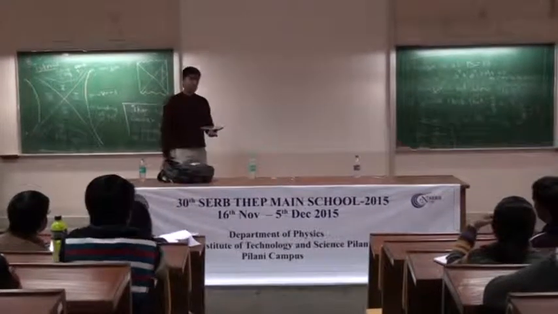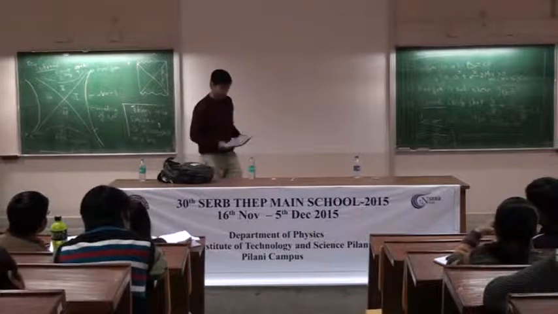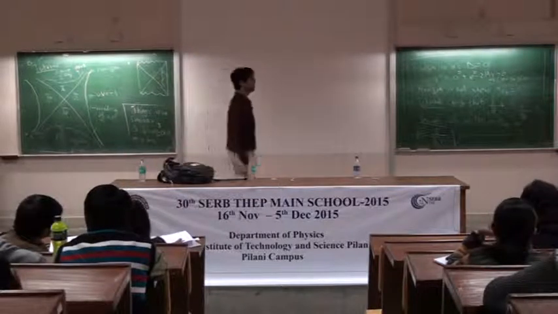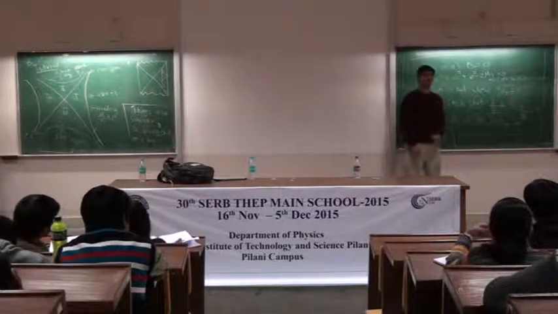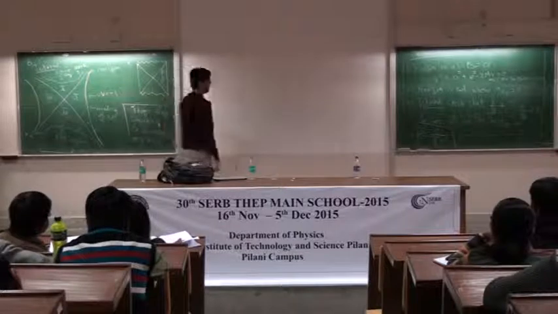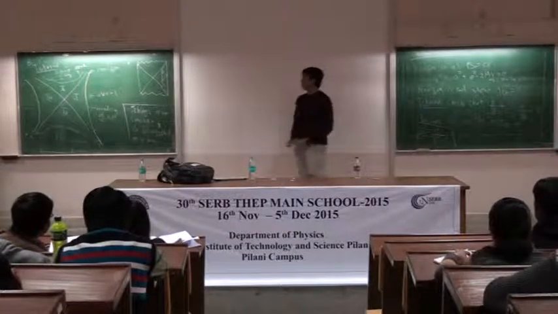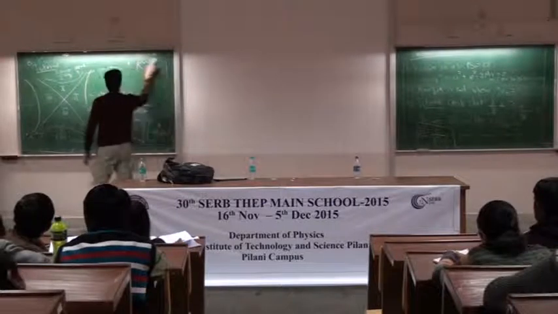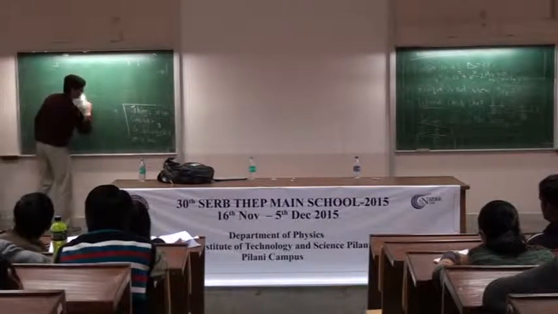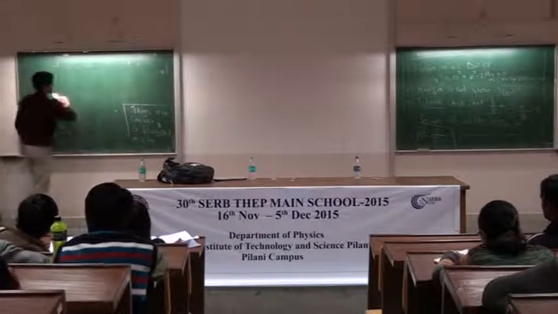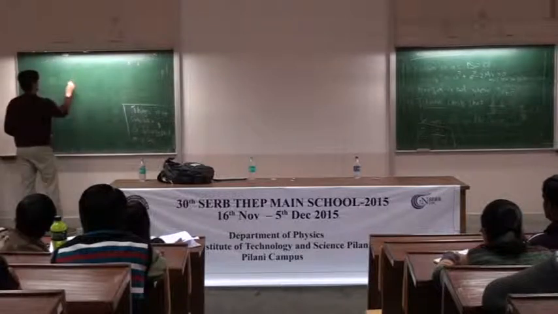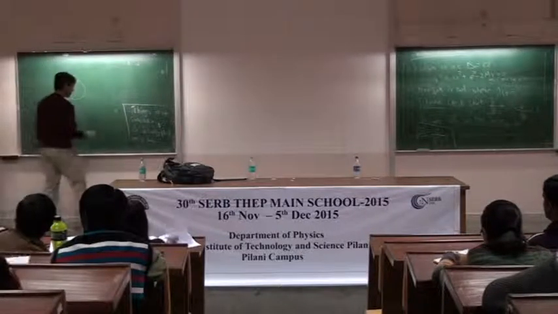Now, the next statement I want to make is that you can check that there's in fact a region outside the horizon where this d by dt itself becomes space-like. d by dt goes to 0 and then becomes space-like outside the horizon. And that region is what's called the ergosphere. So it turns out when you look at the horizon, which is at some value of r, there's a region outside the horizon